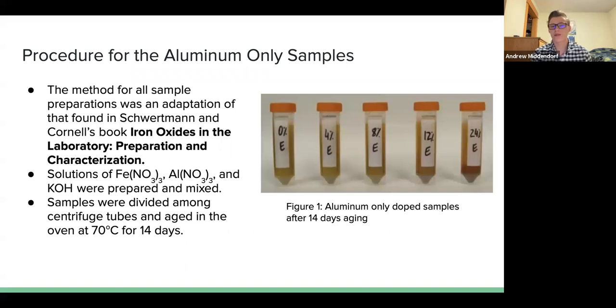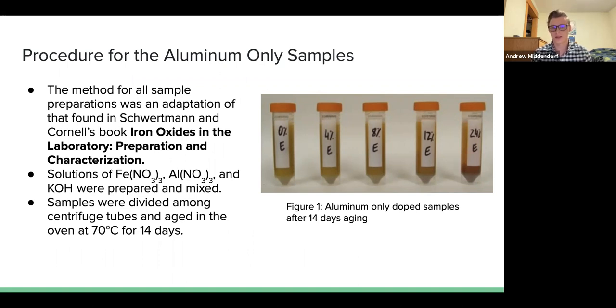The method of preparation for all the samples was an adaptation of that found in Schwertmann and Cornell's book, Iron Oxides in the Laboratory: Preparation and Characterization. And the reason why it was an adaptation was we took the initial method and we scaled it down to about 1/10 of its original size. And we also added an extra target molar percent of 24%. All the different labeling in this presentation is going to be the target molar percent that we were going for